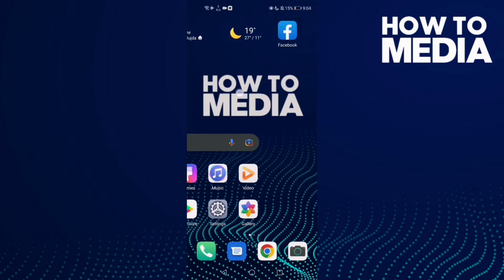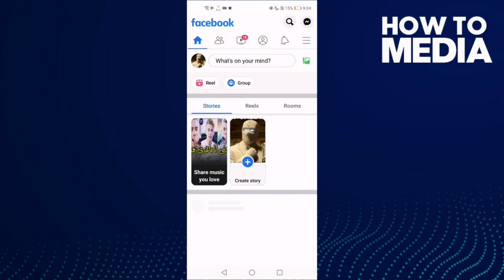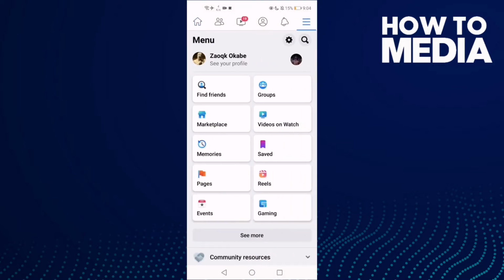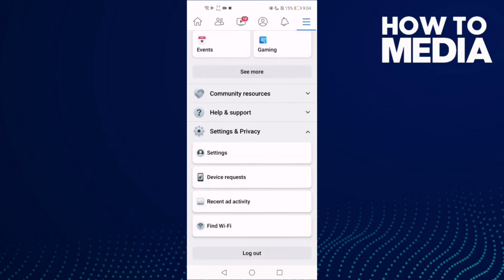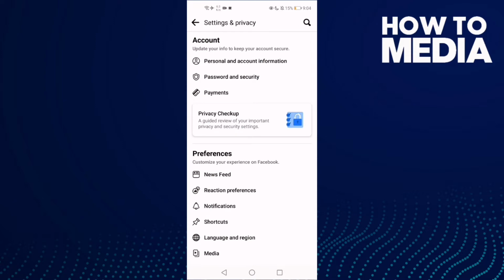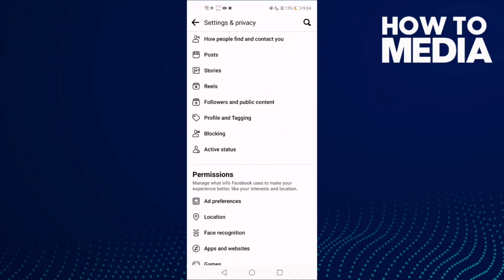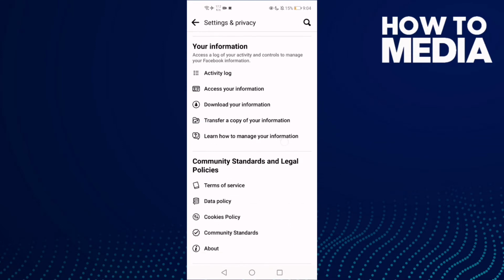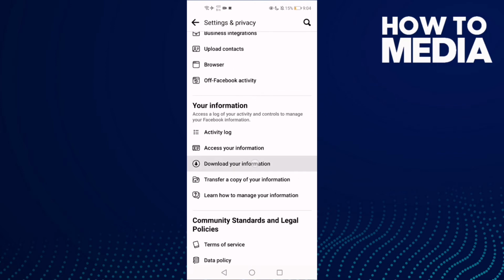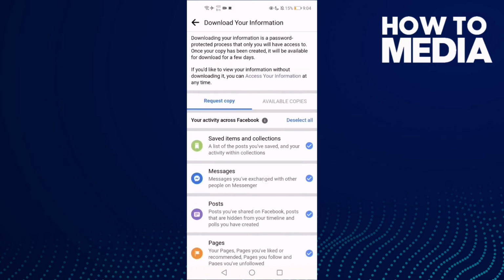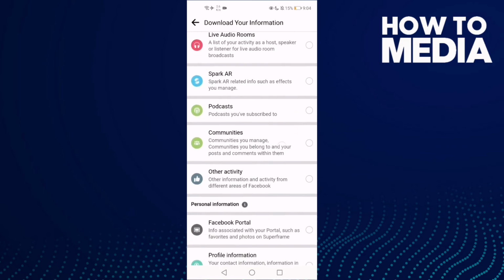First thing you're gonna do is go to Facebook and then click these three lines here in the top corner, and then go down, click settings and privacy and then settings, and now just click this one, download your information, and then click select all and go down,